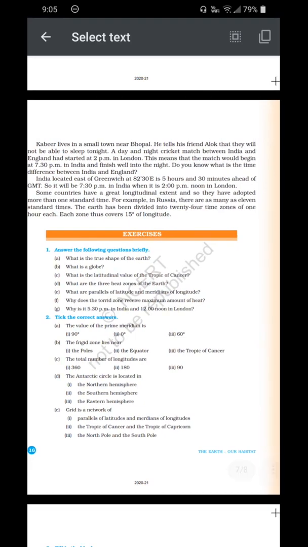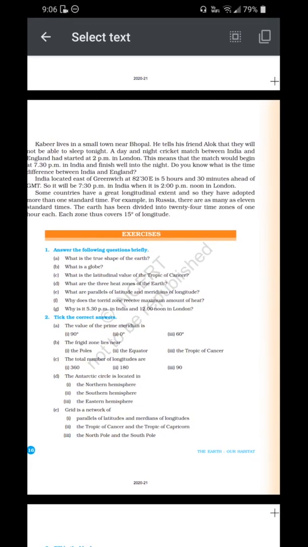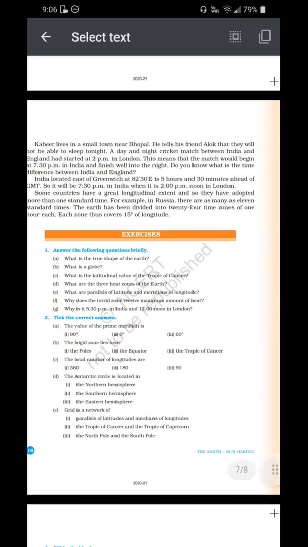Pick the correct answers. A. The value of the prime meridian is B. The torrid zone lies near. C. The total number of longitudes are. D. The Antarctic Circle is located in. E. Grid is a network of